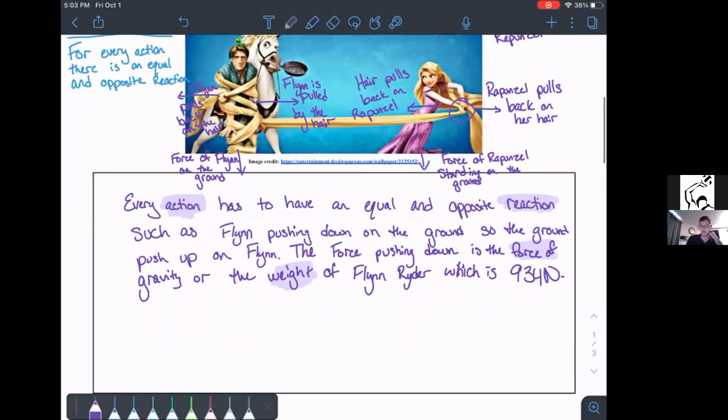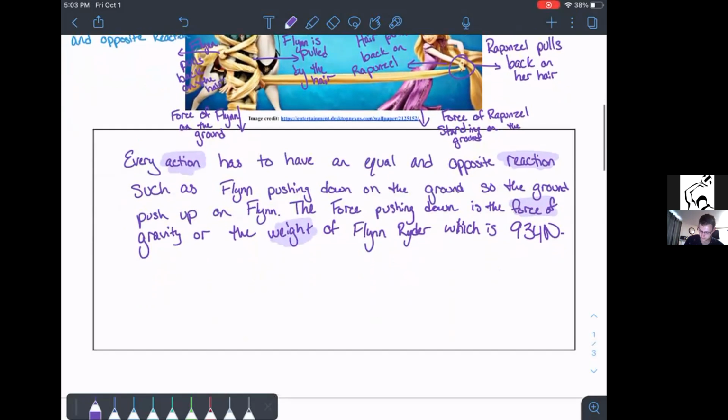Now we've talked about the force, which is really the weight. And we can even go a step further with that same example with talking about the fact that these are balanced forces because he's not going through the ground. And he's also balanced forces because he's standing still. The forces are balanced because Flynn is not moving,